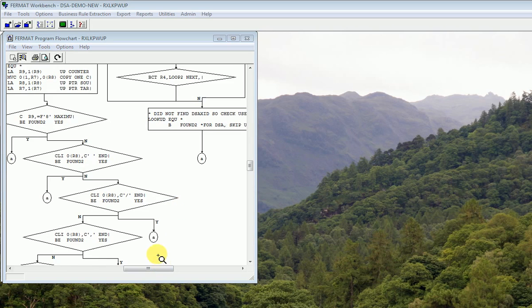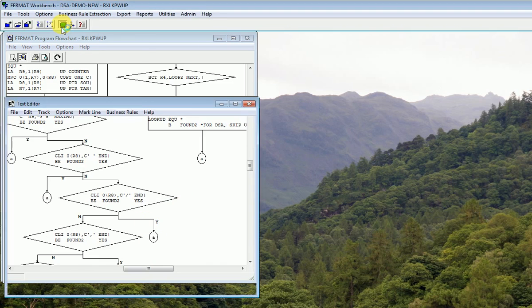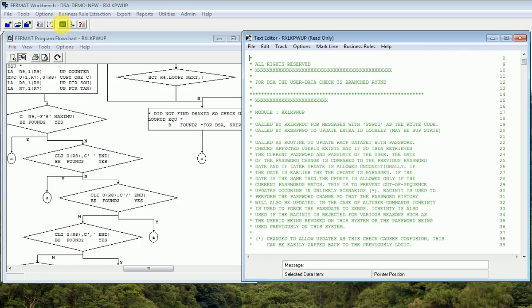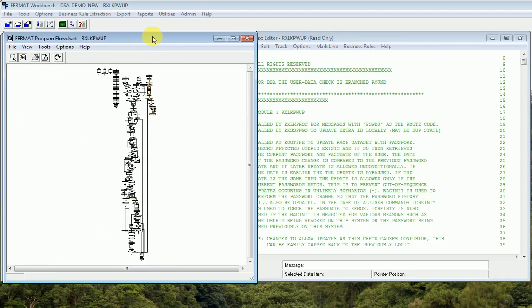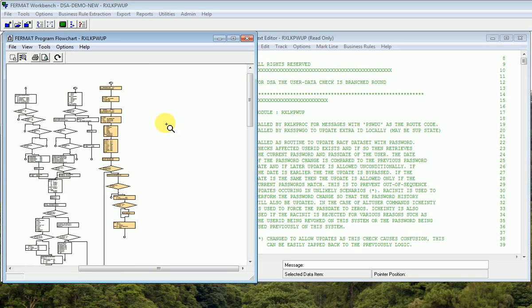This tool will work in conjunction with the editor, so that you can select something in the flowchart and see it in the editor. And now we've opened the editor, you can see some of the coloured markings that have been brought across from the editor. For instance, this piece of dead code is all coloured the same way as in the editor,